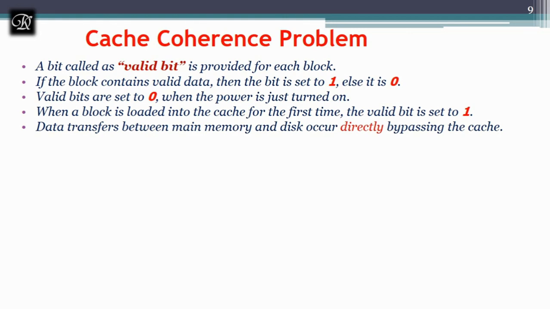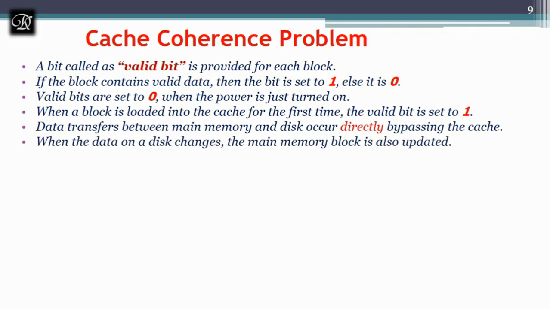If the data is updated in the secondary memory, it is loaded to the RAM by bypassing the cache, so the RAM has valid data but the cache has old data. How do we handle this situation? When the data on the disk changes, the main memory block is also updated, because they bypass the cache and are nowhere concerned with it.